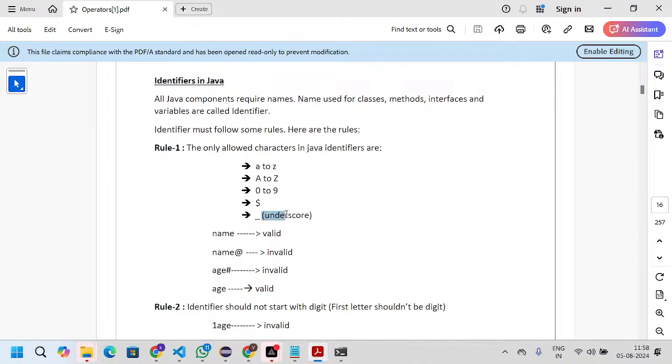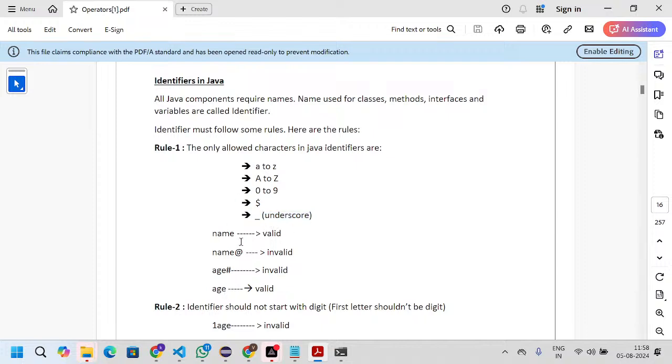And underscore also. Some people might use minus when giving naming conventions. It will throw errors in the IDE. It won't support, so we have to follow the same rules. If we don't follow the rules in Java, it will not work properly.